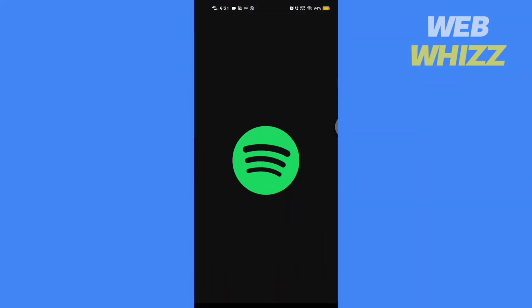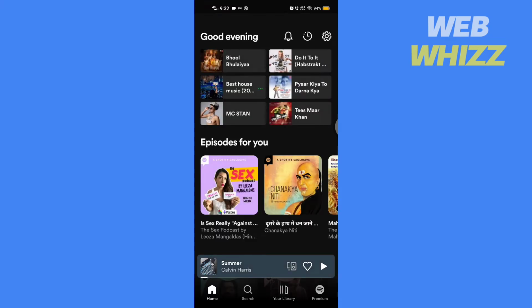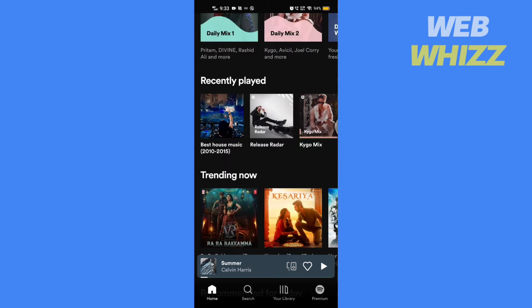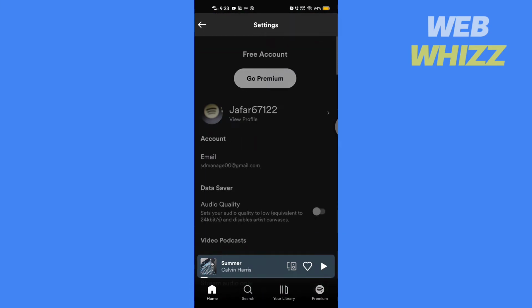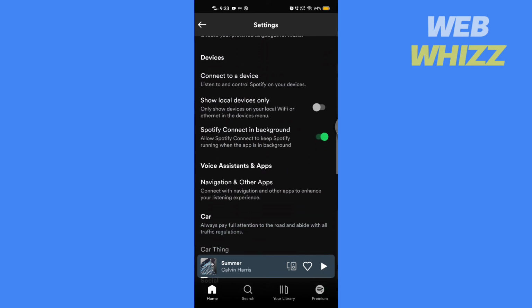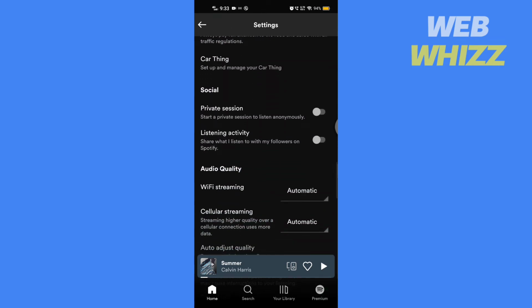Open your Spotify app. Scroll down a little bit and you will find your recently played songs. If you go to the Spotify settings, in the social section, you will find private session and listening activity options, but not the delete, clear or hide